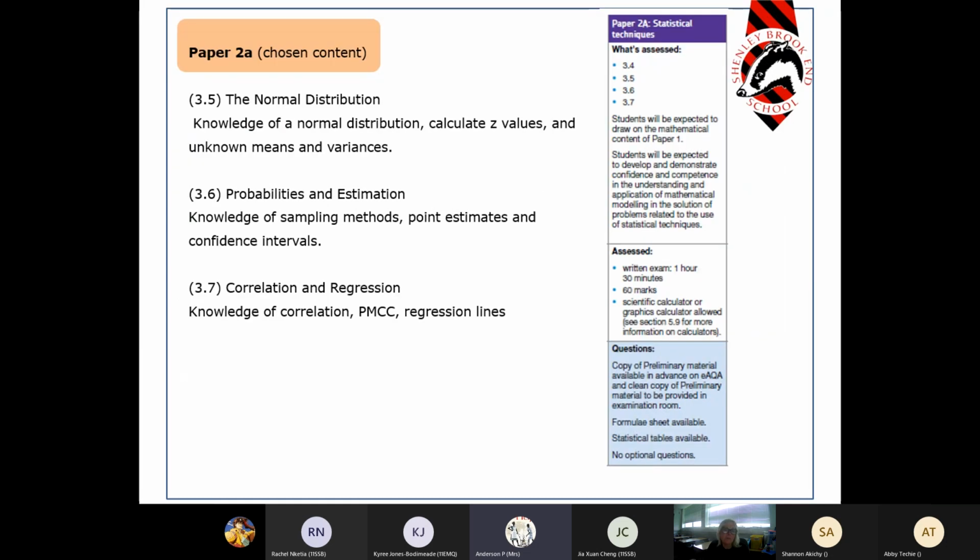So Paper 2A is the one that we've chosen to study as a school. That's the statistical content. So we look at the normal distribution and how you can use that to, well, it says calculate Z values, but that's in order for you to make predictions about probability, based on the mean and the variance, so that's the standard deviation,